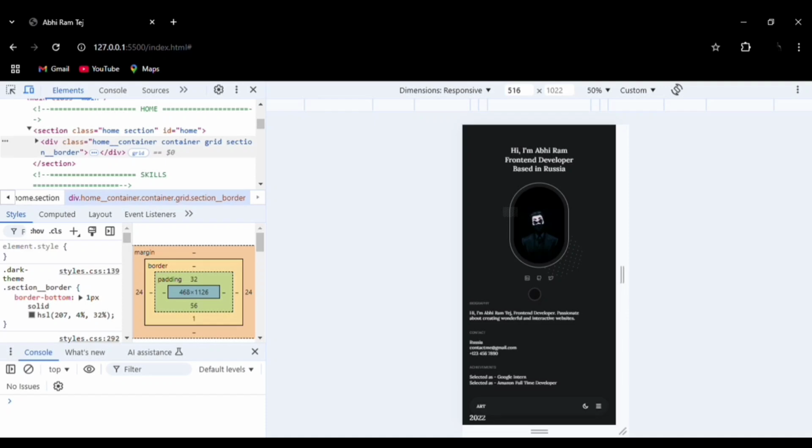The entire website is made using HTML, CSS, and JavaScript. It is a very beginner friendly project. You can make this. The source code is available in the description, and the full tutorial is also